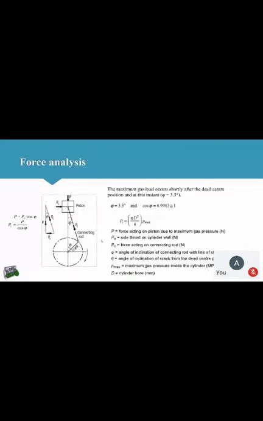In this discussion we saw that because the maximum gas force is induced just after TDC, almost 3 to 4 degrees after TDC, we proved that the force induced in the connecting rod, PC, is almost equal to the maximum gas pressure force. So that is why we define PC as pi by 4 Dc square times